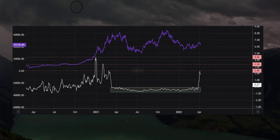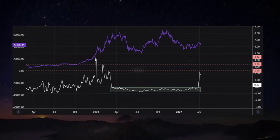So miner position index is defined as the ratio of the number of all miners outflow in USD divided by the 365 days moving average of it. So miners position index takes the average behavior of miners into account by using the 365 days moving average. MPI explains the relative miners liquidation behavior compared to the historical average, assuming